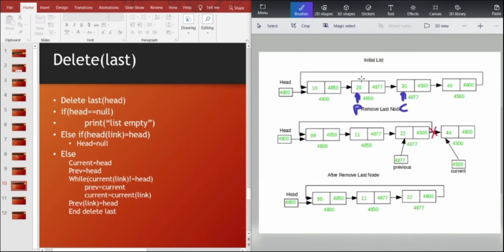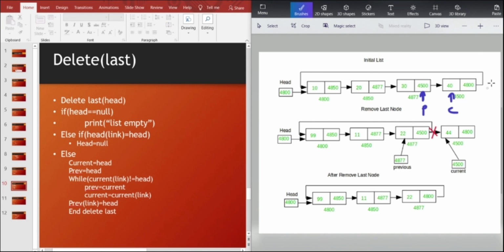And we check again whether the current of link is not equal to head. So here also current of link is not equal to head, and thus we again set this as the previous node and this as the current node, and we check again the same thing.